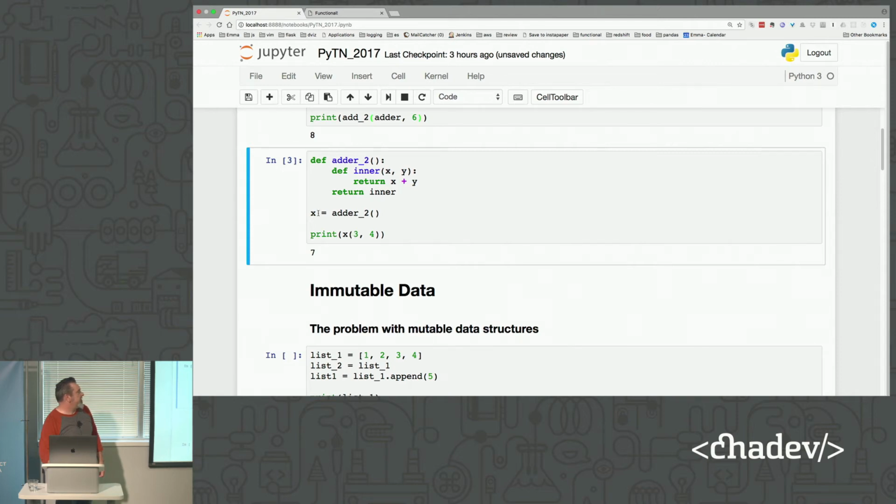We've assigned adder 2 to the variable x, which turns x into a function. We're passing it these 2 variables, 3 and 4. Adder 2 then returns this inner function, which we end up calling here just like any other function. So we've basically given back a function that we can then call and pass around as needed.